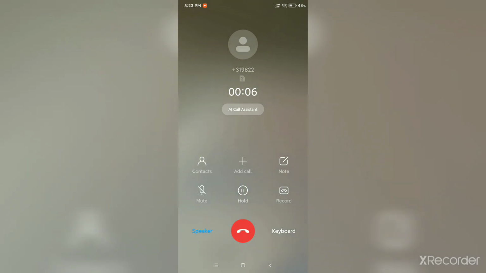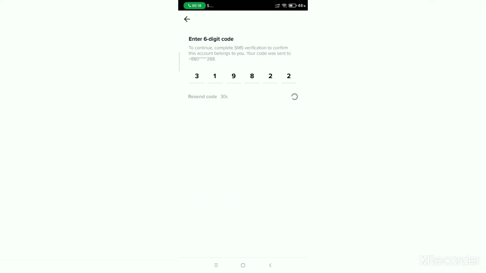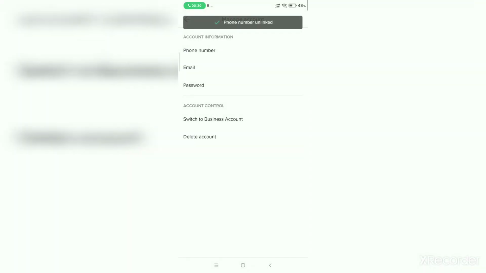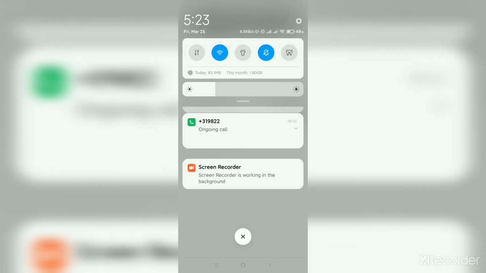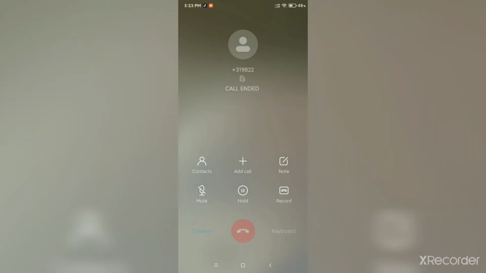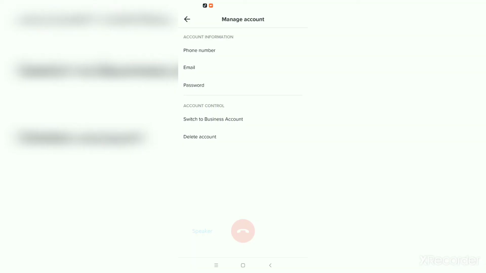319822 আপনার ওটিপি হচ্ছে 319822 আপনার ওটিপি হচ্ছে Okay, done, done, and 319822 now I got this number phone, so now you can see